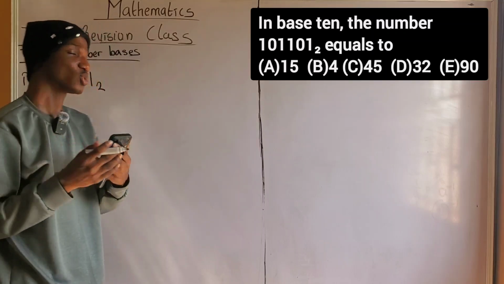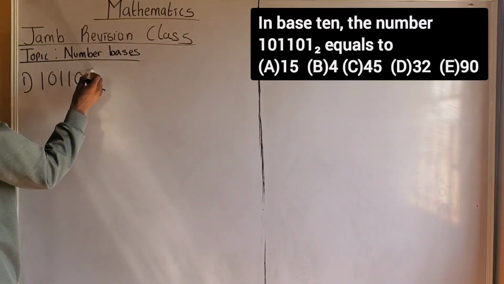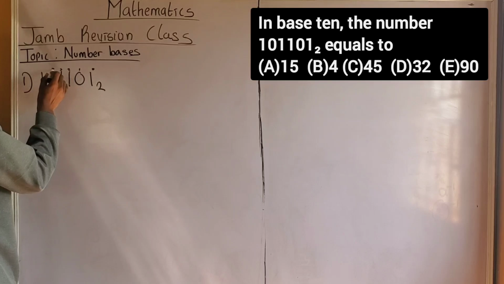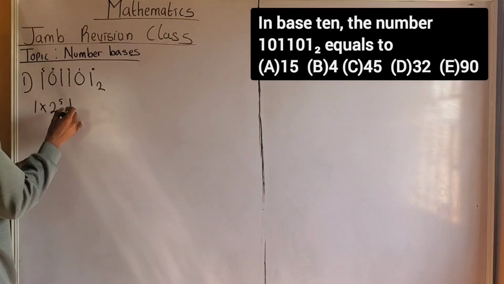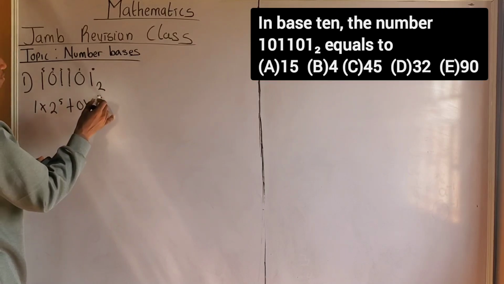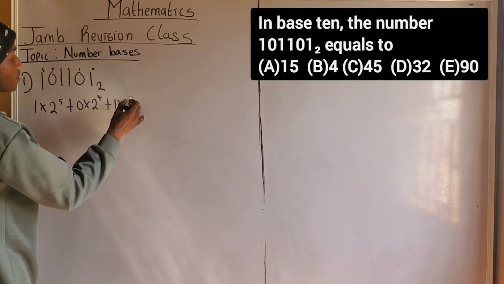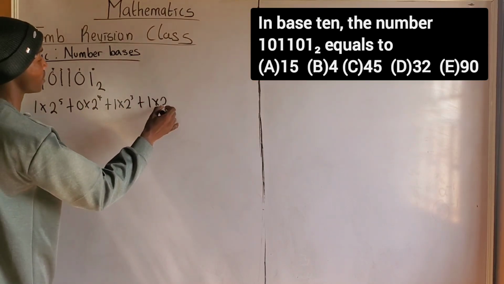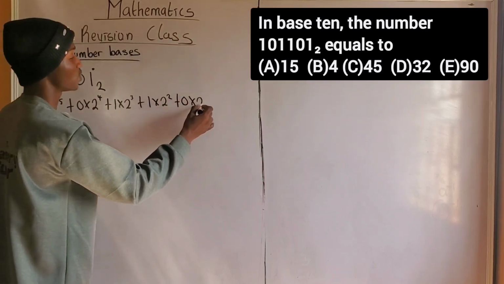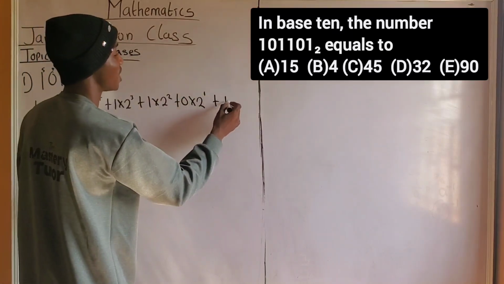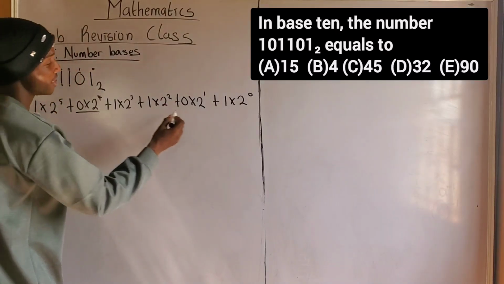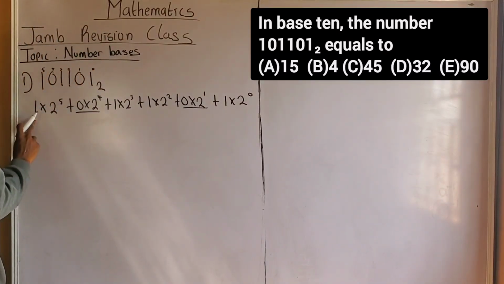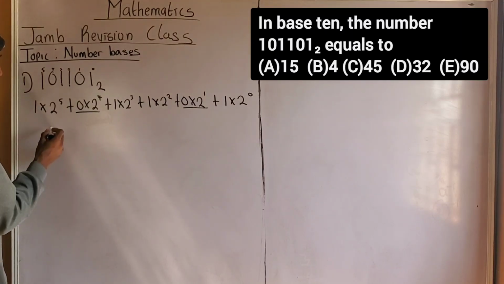Do you understand? So for this, I'm going to have here positions 0, 1, 2, 3, 4, 5. 1 times 2 to the power of 5, plus 0 times 2 to the power of 4, plus 1 times 2 to the power of 3, plus 1 times 2 to the power of 2, plus 0 times 2 to the power of 1, plus 1 times 2 to the power of 0. You get it? The terms with 0 will give you 0. So let's focus on the rest. 1 times 2 to the power of 5. 2 raised to the power of 5 is what? 32, right? So I'm going to have 32